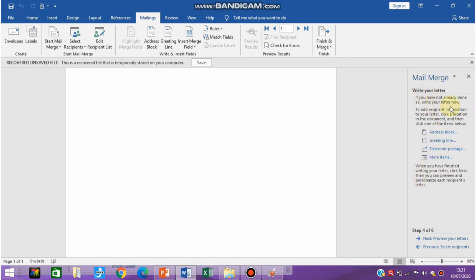Now here it says, to add the recipient information to your letter, click a location in the document and then click one of the items below. Suppose your letter is, now here we are going to type our main content of the letter. So the starting of the letter is with To. So below the To, I want to enter the first name of the person. From the right hand side of the screen, here 4 options are